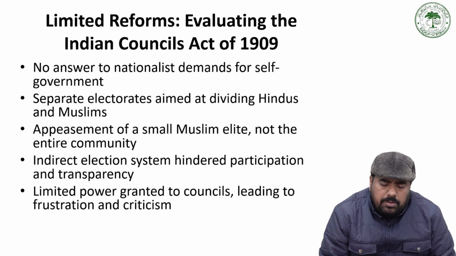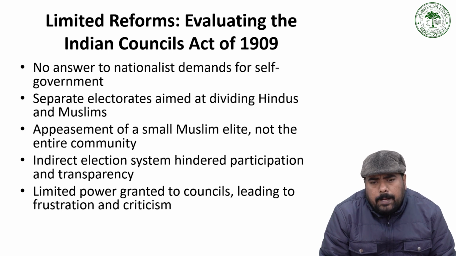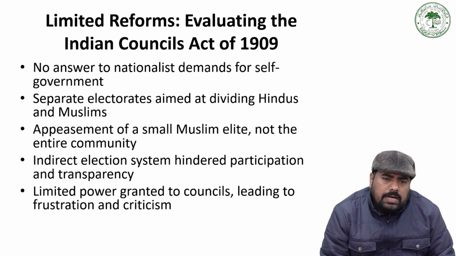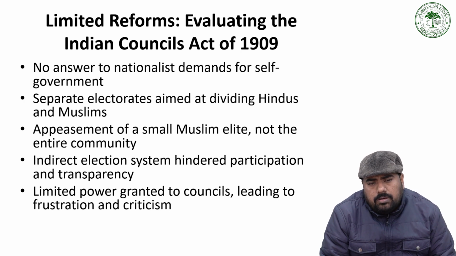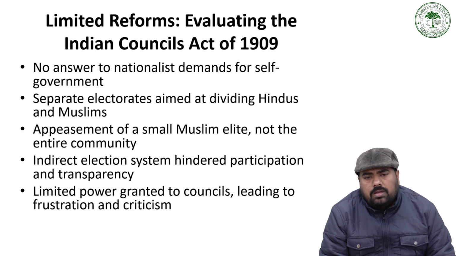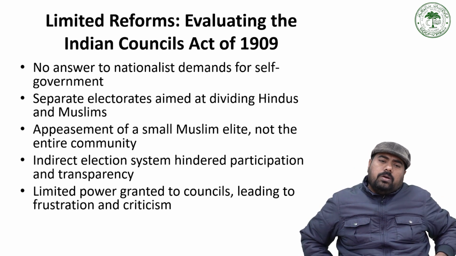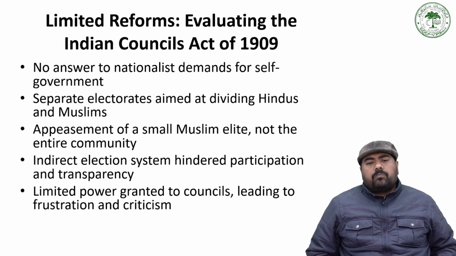The very collaborative Indian national movement was going on, where Hindus and Muslims, leaving aside their religiosity, were aiming to achieve the goal of liberation. But in a way, the separatist tendencies were helped to some extent by the British, telling the Muslims that the only panacea for the Muslim problem is to have separate electorates. And this in a way was also an appeasement policy toward a small Muslim elite, and in fact